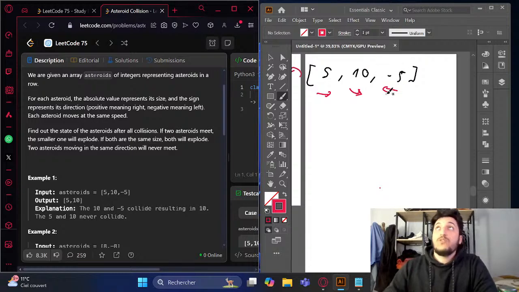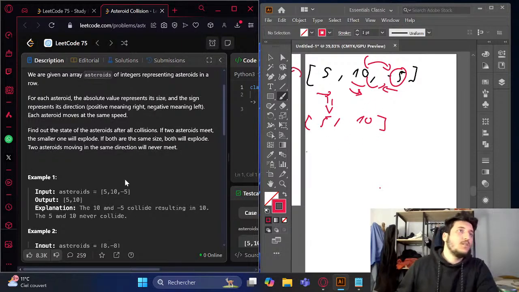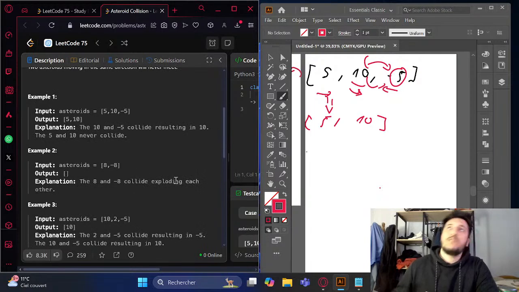We have two asteroids moving in opposite directions. Those two are going to meet, and since 10 is bigger than 5, 10 will explode 5, and we will have this list. Okay, and 8 and minus 8,